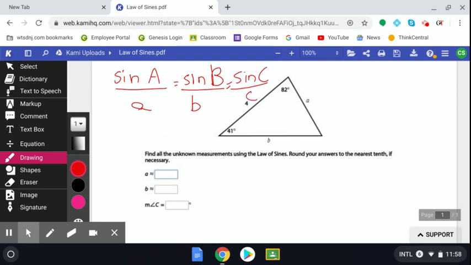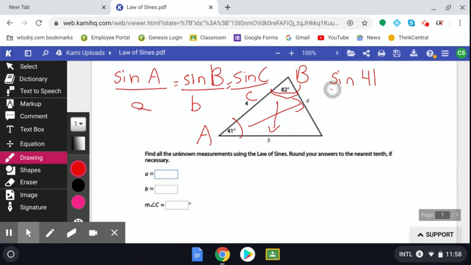Okay? So in this case, I have this angle. That side is across, so that's the small a. So this would be angle A. And I have this angle here, which is across from side B. So that would be angle B. Okay, so now I can set up a proportion. I only need 2 parts. I can do sine A over a equals sine B over b, or I can pick the last 2 or first and third. So now I can say sine 41